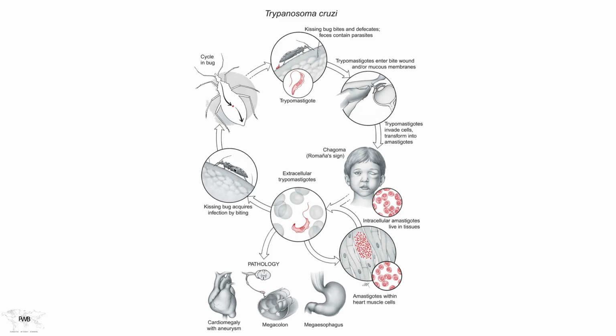Just to finish the life cycle first, the reduvid bug, uninfected in this case, takes a blood meal from a host, and in doing so absorbs a portion of the infection as well, in this case, the trypomastigote stage. And then I'll show you what happens inside the bug in a moment. The cycle occurs inside the bug. It's a one-way street in the oral cavity, out the anus, to once again infect another host. Very, very different biology from all other organisms. No other pathogen of humans behaves this way.